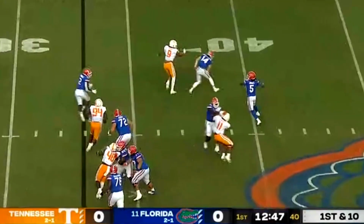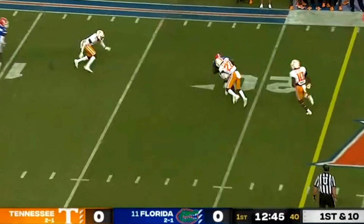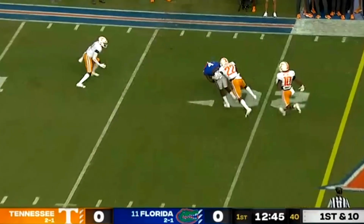Justin Shorter. We've said before on these film breakdowns that Emory Jones is a better thrower on the run than he is in the pocket. And there's another example of it here. This is a high-level throw. He's on the run. He's really not doing anything you'd want to do mechanics-wise as a quarterback, but this is